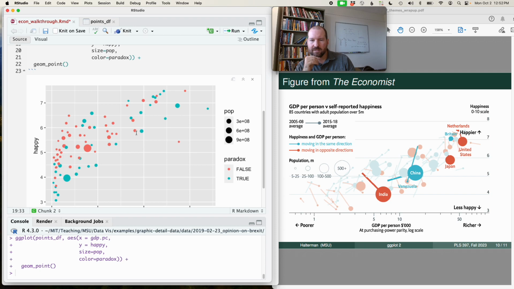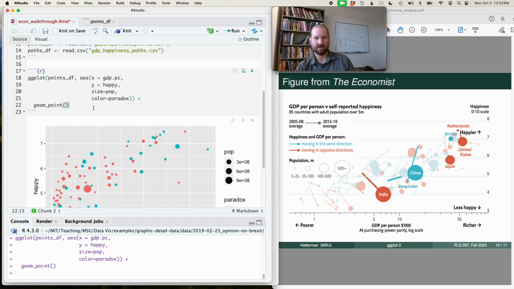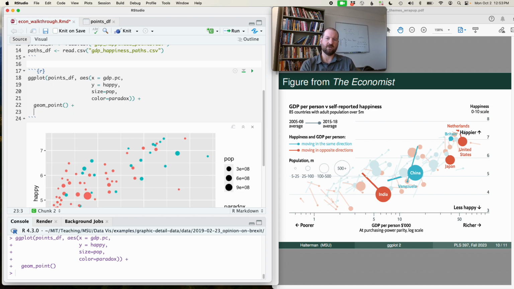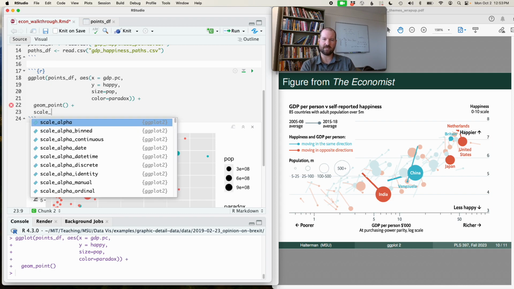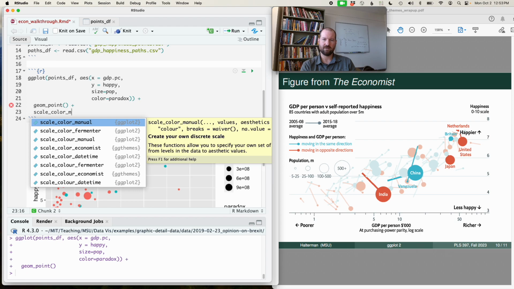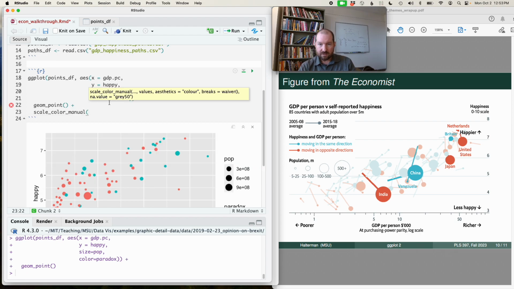but it looks like potentially the colors are backwards. So I'm pretty sure this is China, and it's red, and India is colored blue. Okay, so I want to manually change the colors so that they correspond with what the figure is. So this is something that I always have to look up. Right? I'm pretty sure I need scale_color_manual. So it's telling me I can set the values and breaks. So let me say